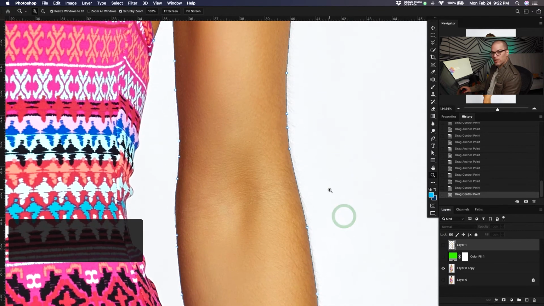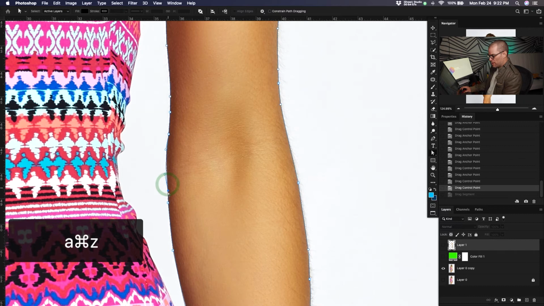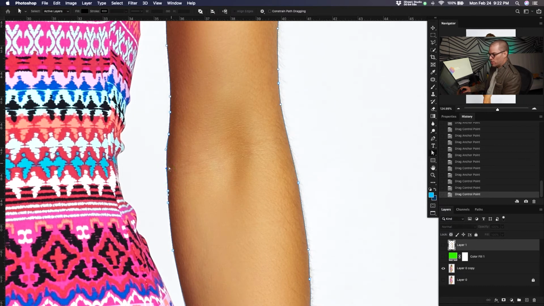The pen tool is going to give you the tightest and the best types of selection when you are making selections where that's possible. Obviously, if you're selecting hair, you're not going to pen tool out every single strand of hair. But in this particular case, if I've got a few minutes and I need to make a really tight selection, or if I know that this image is going to be blown up very, very large, let's say I'm creating a movie poster that's going to be seen in a very large format and it's going to be printed,